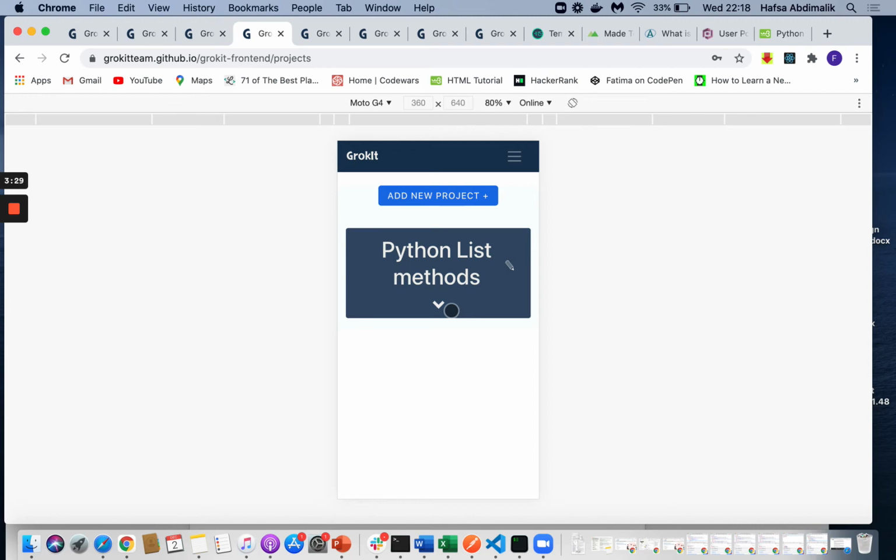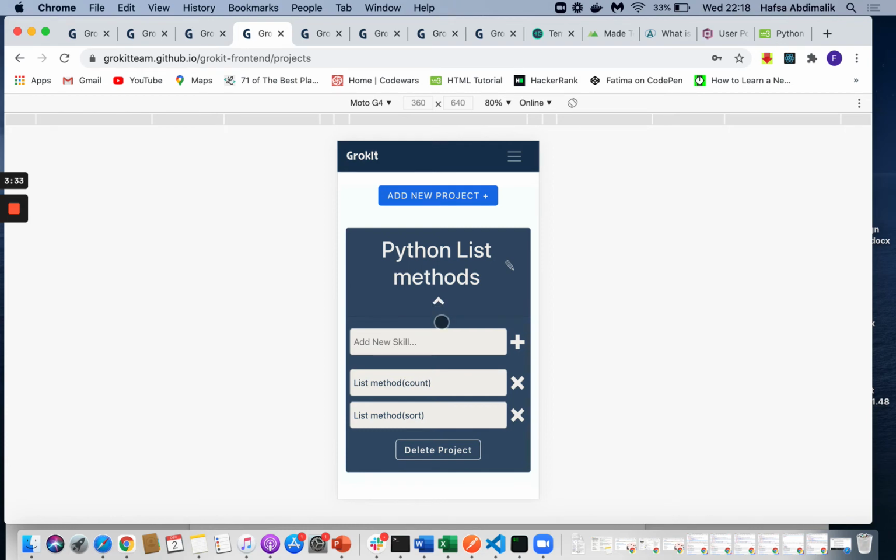These are the set of skills that we'll be seeing on each day, breaking it down into chunks that are manageable for the amount of time. You might want to study one list method each day. They can also add as many skills as they want, or they can add skills later to the project. So if they're halfway through a project and they've realized they have other skills to learn, they can go back